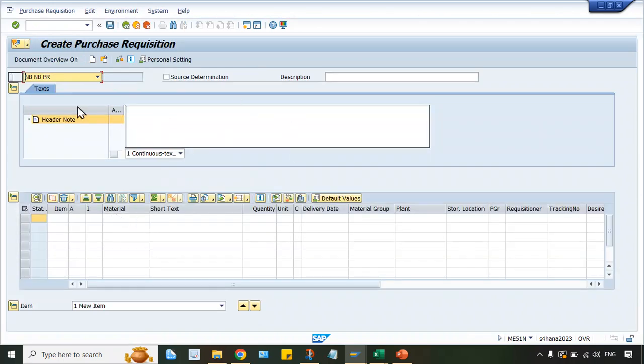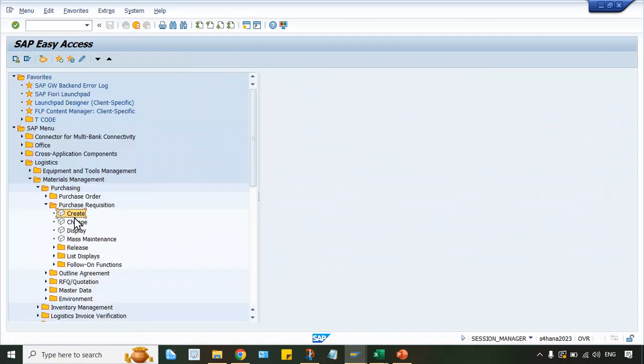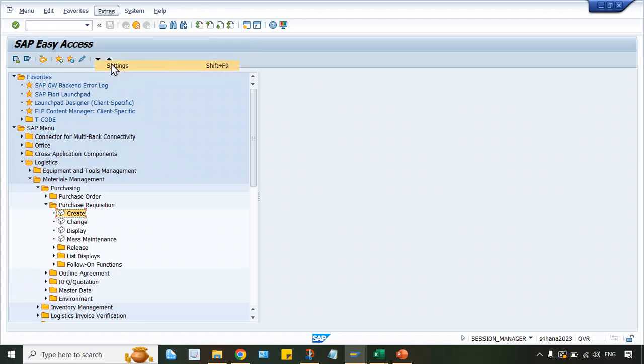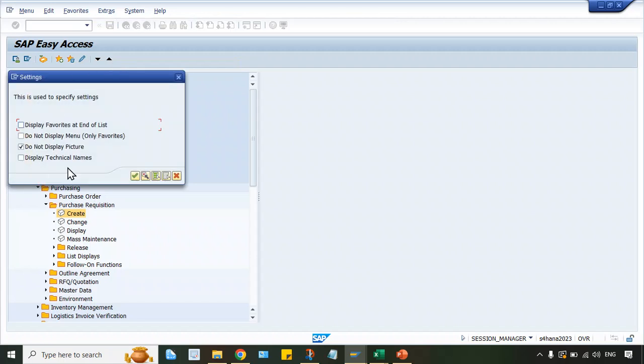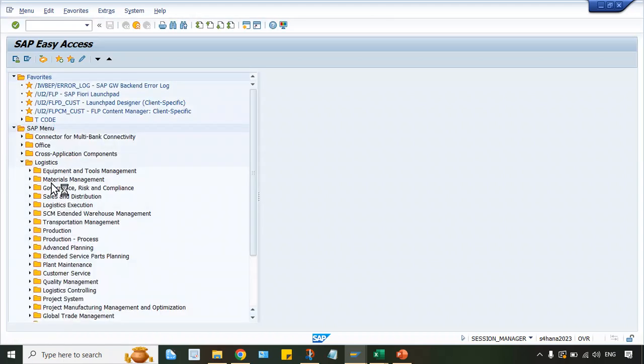look at here. This create button is appearing. What is the transaction code of this one? So transaction code right now it is not appearing. So if you go here, menu bar is there. Where to go, guys? Go to here, Extras. Yes, and here we are having Settings and okay. So here we are having options, display technical name. If you apply a check mark here and press enter, and then you just go here once again, logistic, material